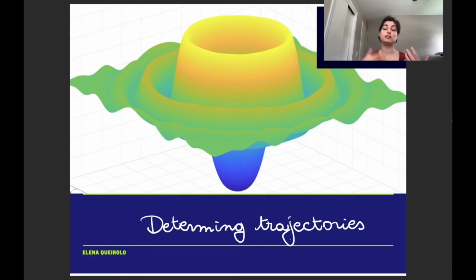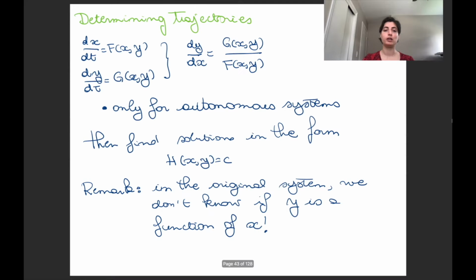We have said that specific solutions of an ODE are called trajectories. Sometimes we want to compute them exactly. Sometimes knowing them approximately is good enough. When we want to compute them exactly, we need to use some of the analytical tools we have developed until now. In particular, there is one method to solve it that is only for autonomous systems